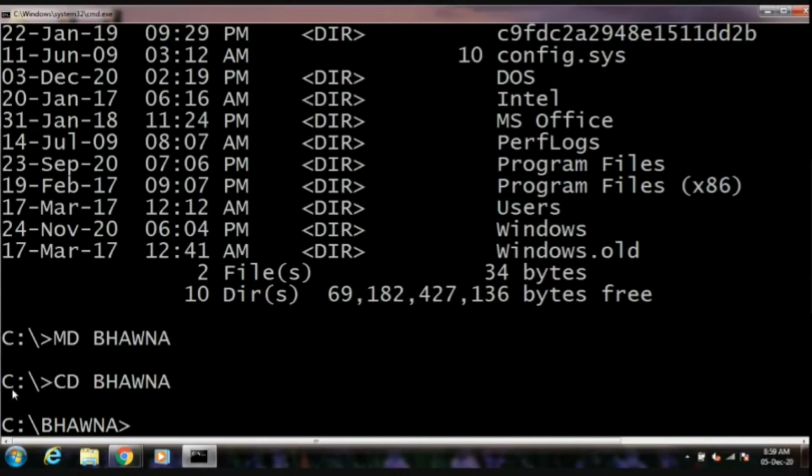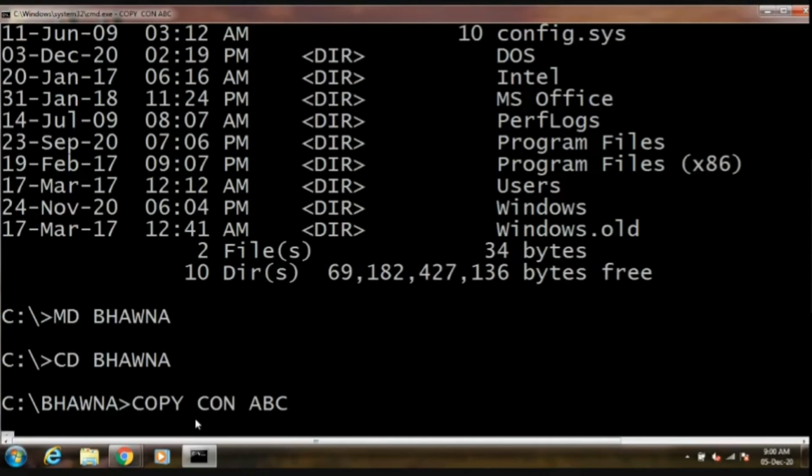See, earlier I was working in the C drive. Now I am working in the C drive and in the Bhavna directory. If I want to create a new file in this Bhavna directory, the command for the same will be copycon. Copycon ABC. This is just the file name that will appear in the Bhavna directory in the C drive, and I can type any content, whatever I wish to.